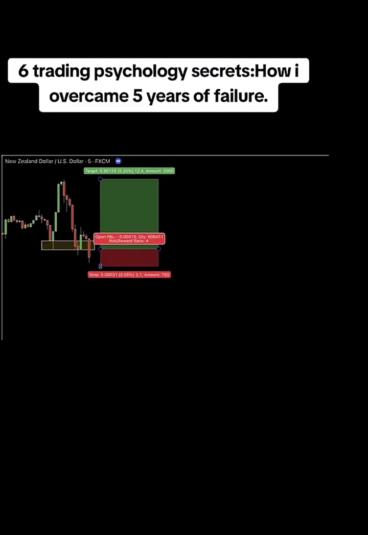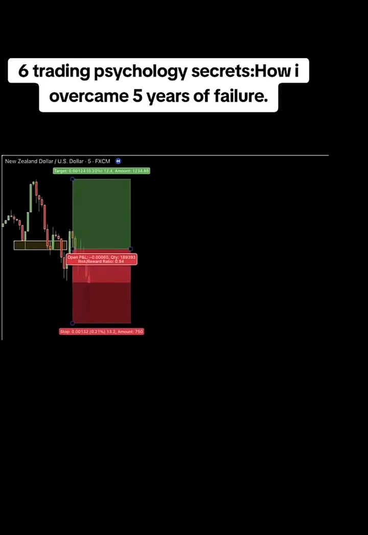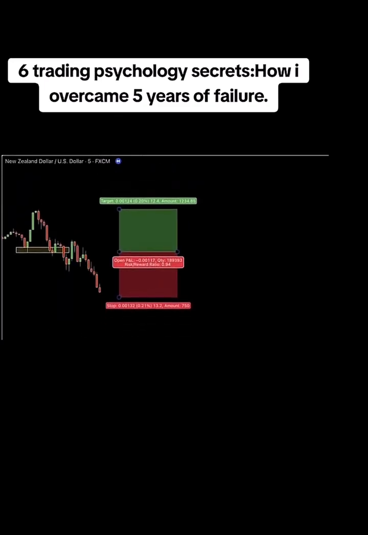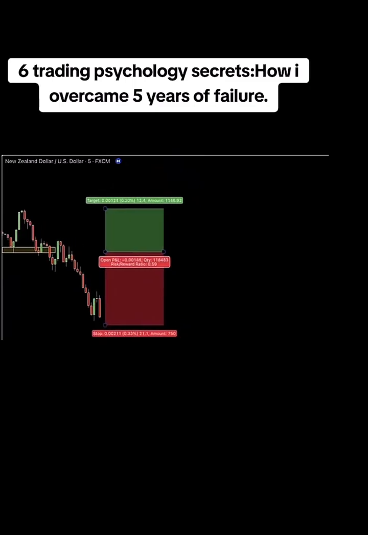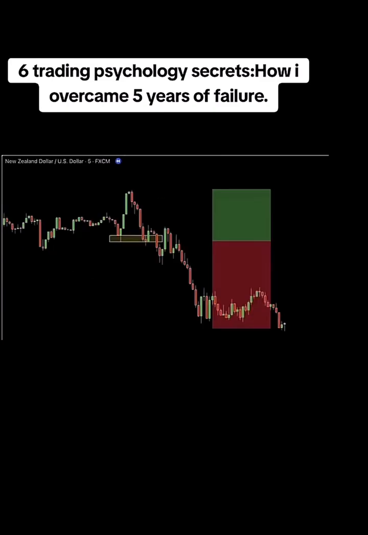What do you do? You move your stop loss. A little at first, then more. Each time the market goes further against you, you convince yourself, just a little more room. It's bound to bounce back. But the market keeps moving deeper into the red. Before you know it, you've taken a massive loss, or worse, hit a margin call.